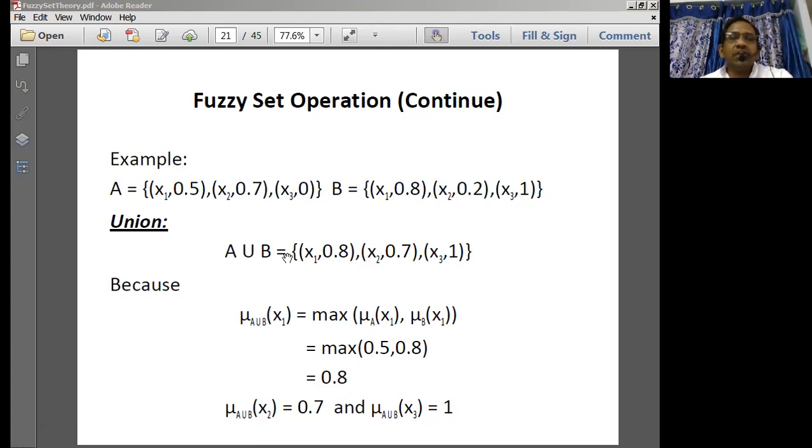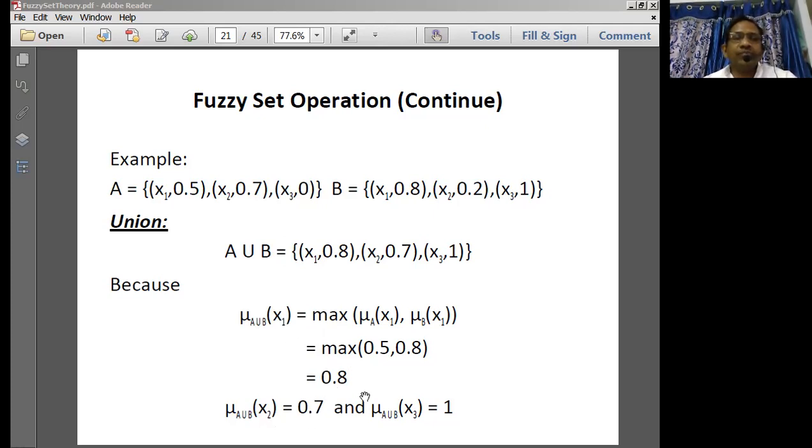So A union B is nothing but an event which joins these two, and after joining, whichever has the maximum value, that maximum value is going to be the membership function in this particular A union B. And if we really want to get the membership function of that, then from that we can simply get the membership function for the x1 element. So we'll be looking only at the x1 element here. That means we are doing it separately. One is just A union B, and for A union B, what is the membership function for x1? Therefore we'll be getting 0.8.